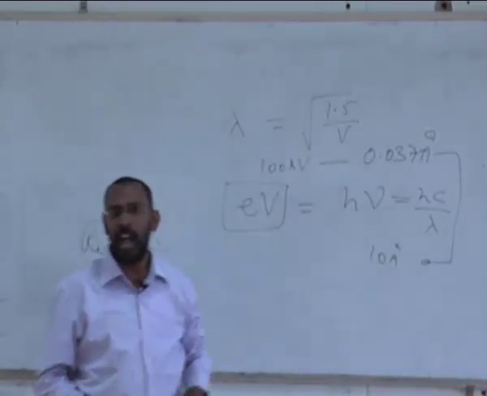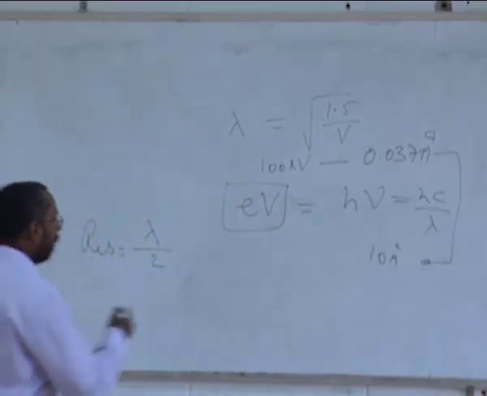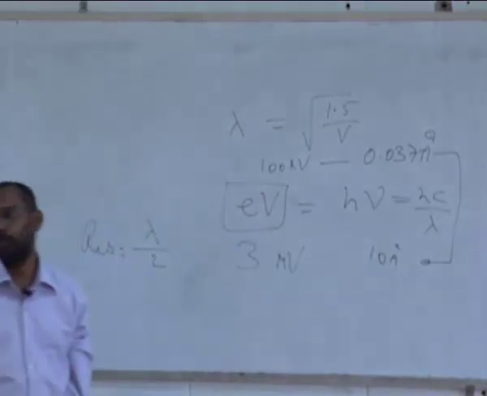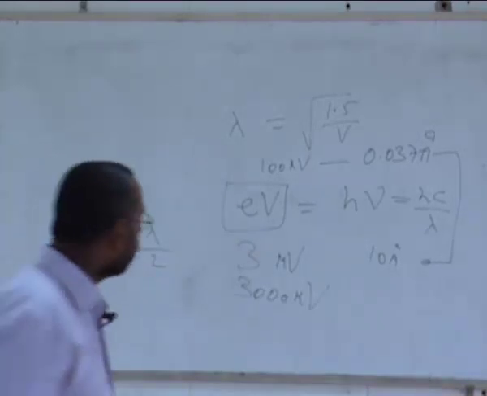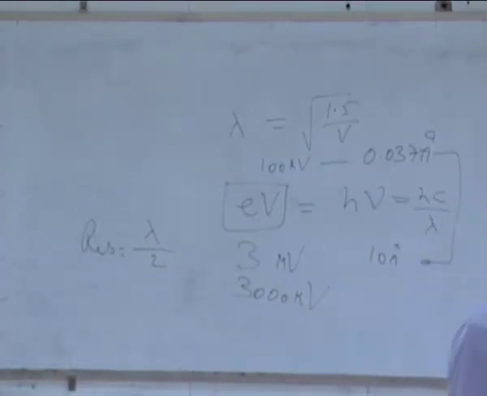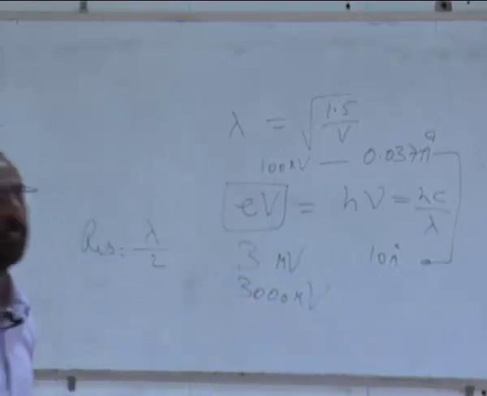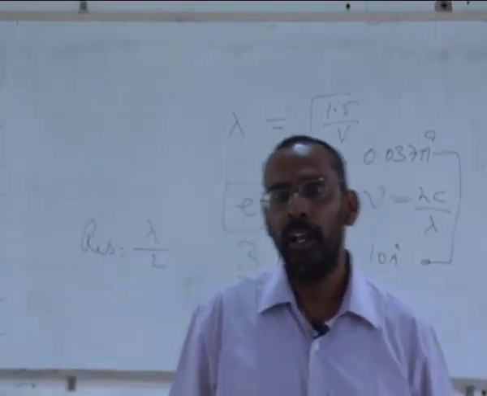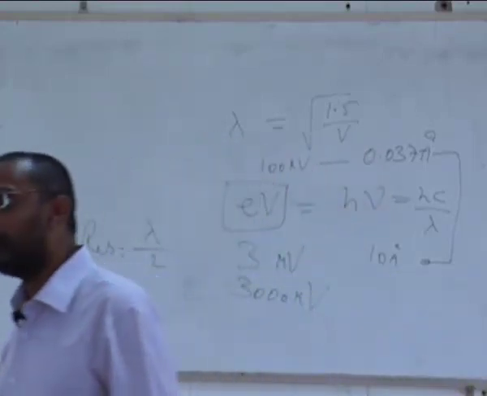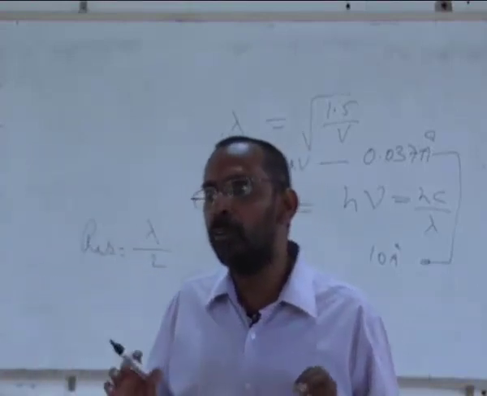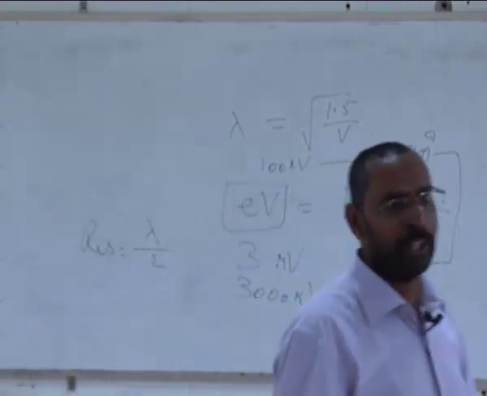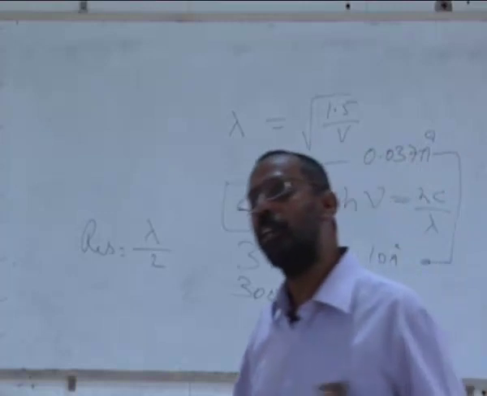Instead of 100 kV, I have actually seen in Japan a microscope which is a 3 million volt microscope, 3000 kV, as high as 3000 kV. In fact, people used to call that particular microscope an overnight express. The reason is that Osaka University in Japan, which has this microscope, is the only university in the whole world which has such a 3000 kV microscope. And there is a railway track near that university. Whenever a train goes, the image is disturbed. So people used to wait for when the trains are not moving, and usually that is at night. So they used to use this microscope only at night.